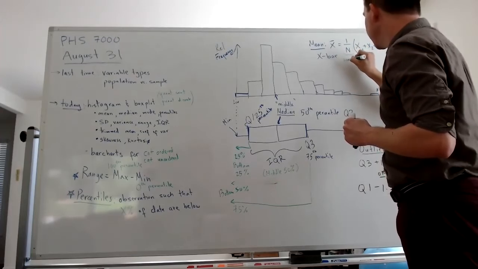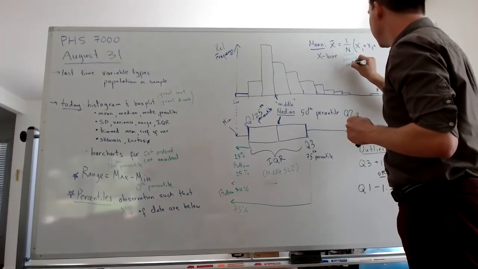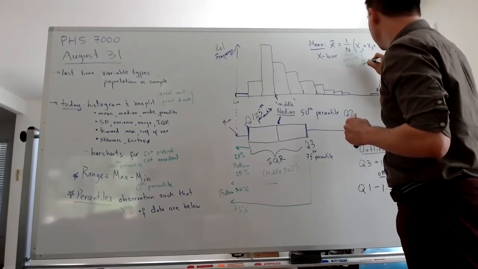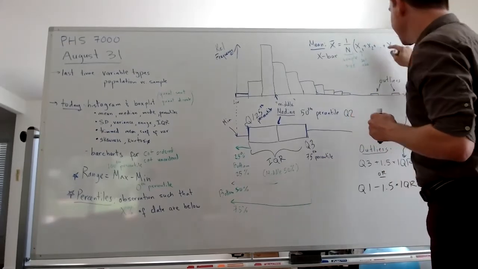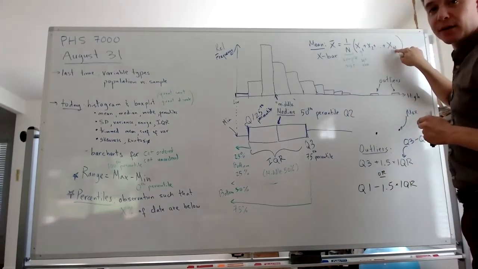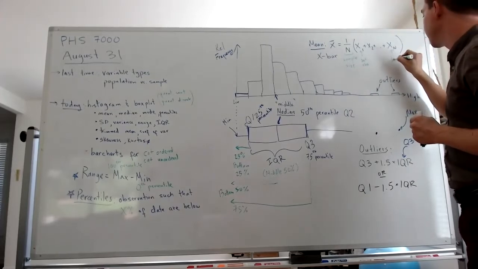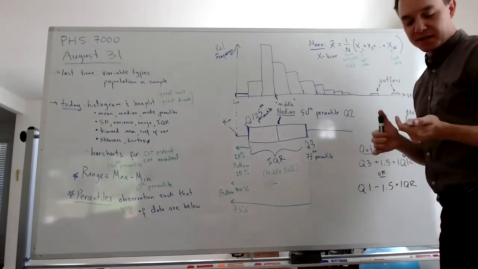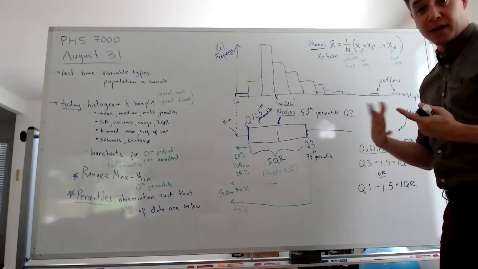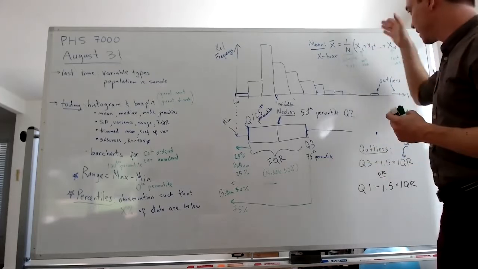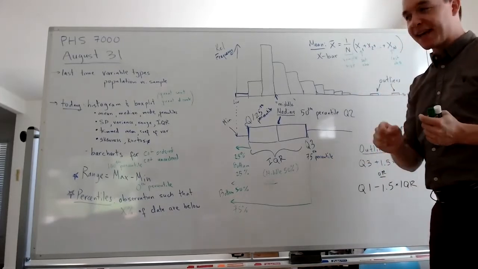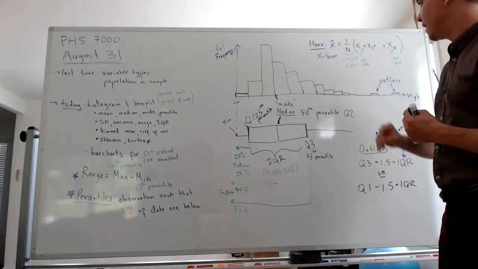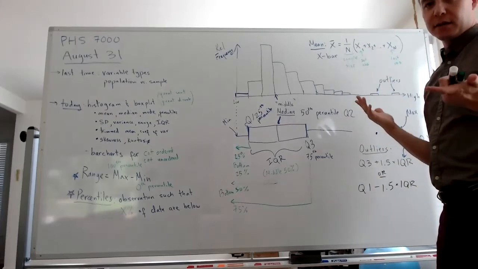N is the sample size. X1 is the first observation. X sub n, this is the subscript, right? So X sub n is the last observation. And before you ask me how we know which is the first and which is the last observation, we can add things together in whatever order. So what X1 is, what X2 is, when we need to add things together is arbitrary. So we add up the values of our variable, we divide by how many we have,